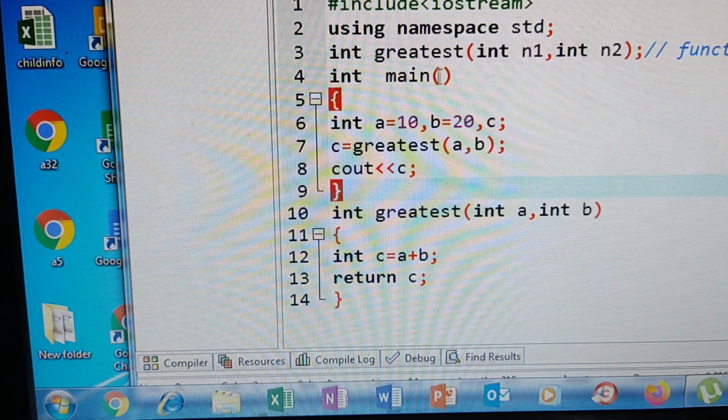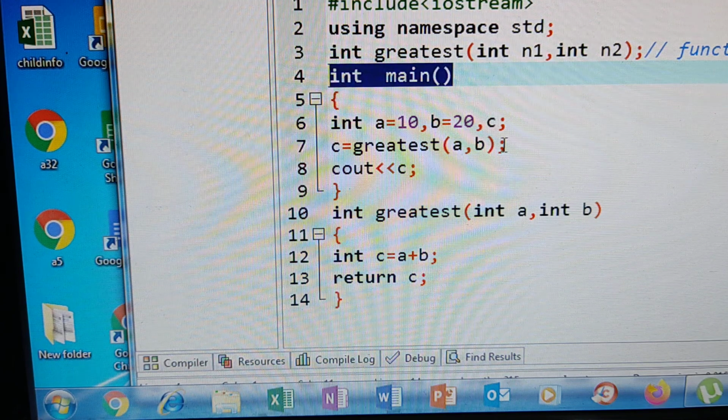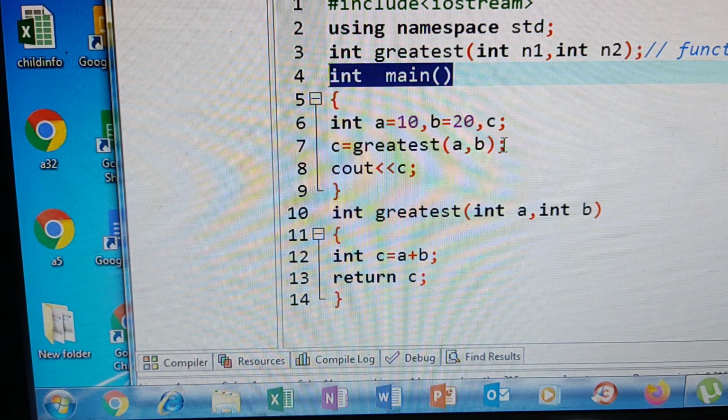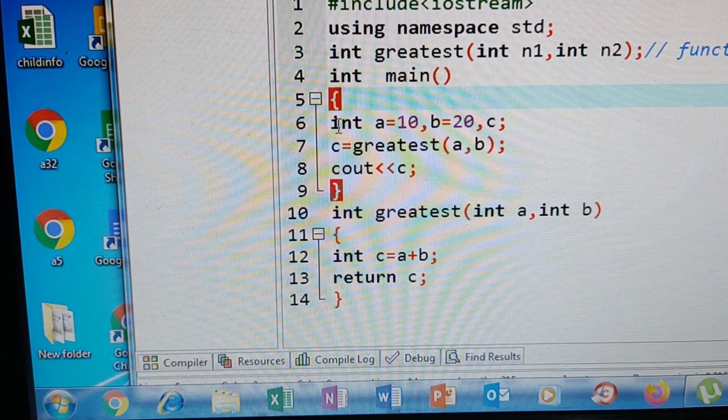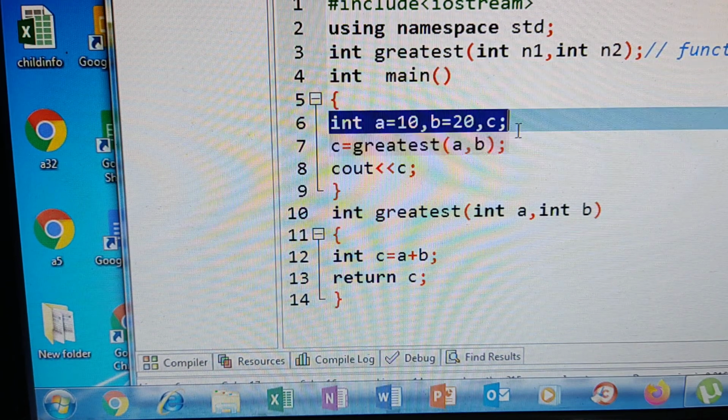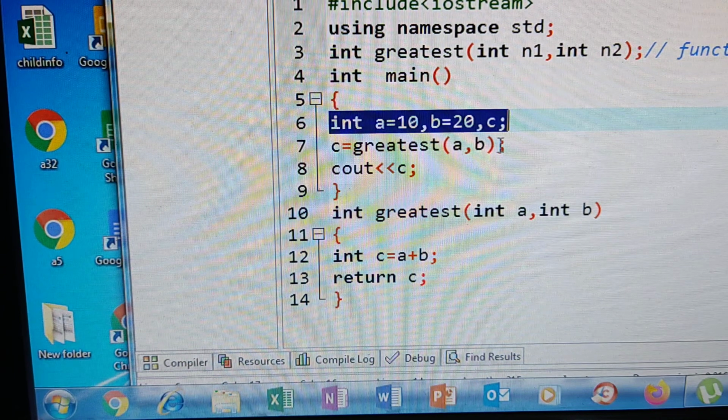Now come to the main function, right? What is the use of the main function? Your program execution starts from the main function. In the main function, I have declared three variables: A equals 10, B equals 20 and C. Actually, what is the purpose of my program here?